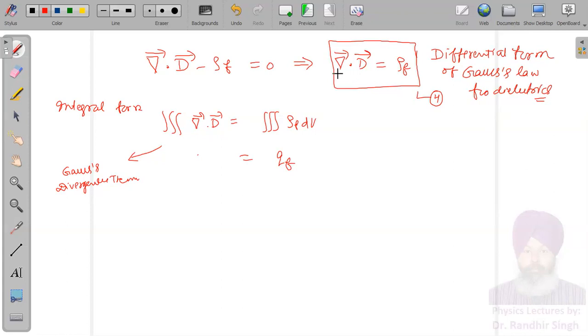It is called differential form because del vector is a differential operator, beta. It is i cap curly d by curly d x plus j cap